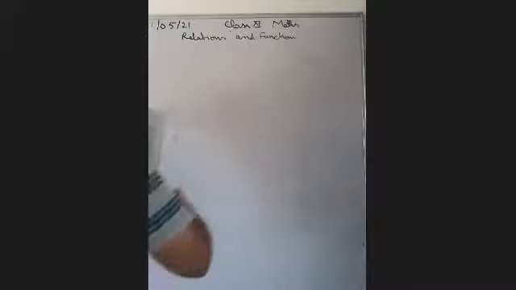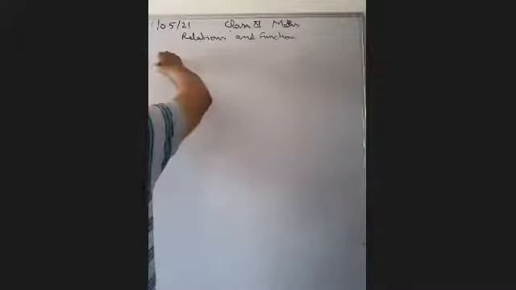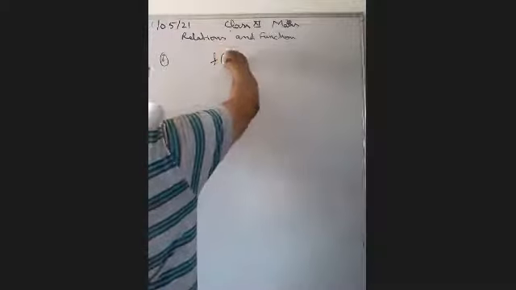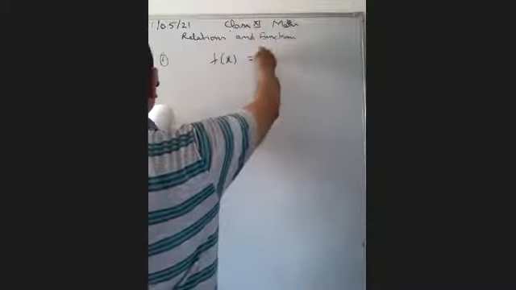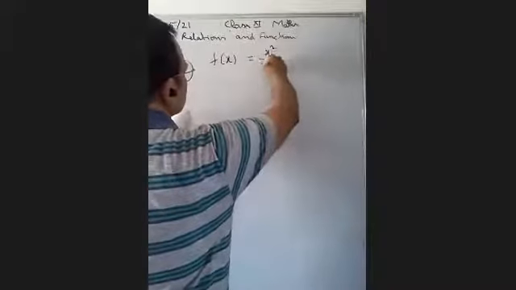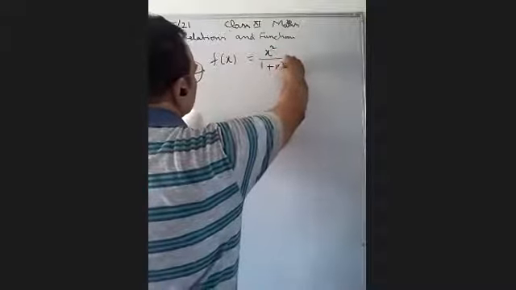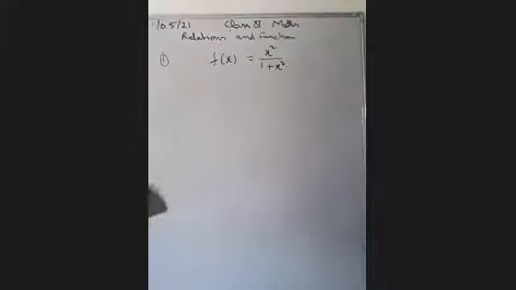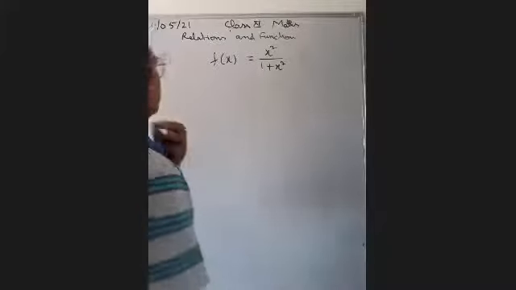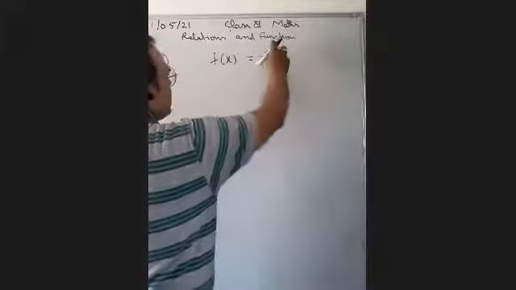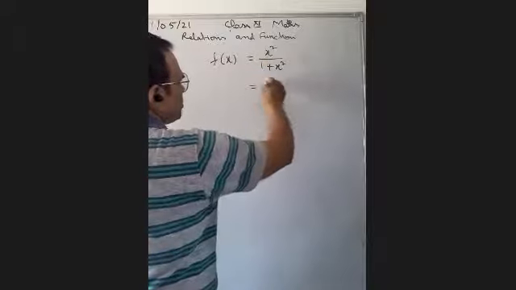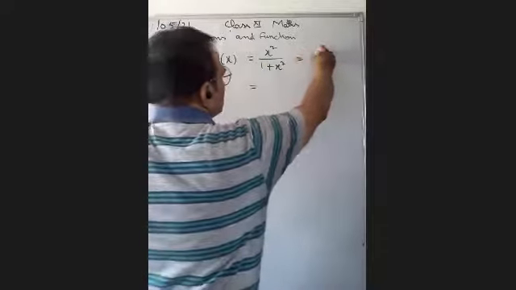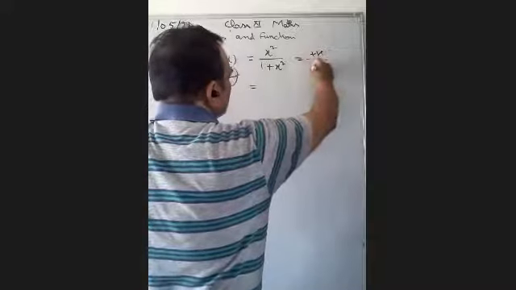Question number 6, beta. They have given it in this form, so we can write f(x) is equal to x square upon 1 plus x square, be a function from R into R, determine the range of f. We have to find out the range of f. In the domain you can take anything, but it is a positive number. The numerator will always be positive, and the denominator will always be positive.